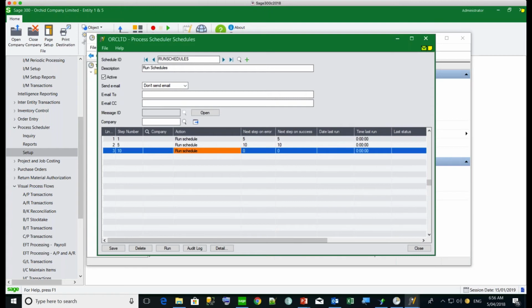And while I'm looking at questions and or you're typing some more questions, just, does Process Scheduler work with Sage Intelligence? I'll have to defer to one of my colleagues. No, Sage Intelligence doesn't work with Process Scheduler. So I'll just wait, give you some time to type in any questions if required, and I'll just come to